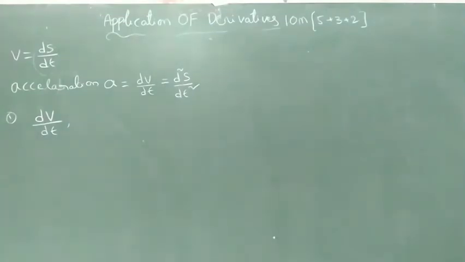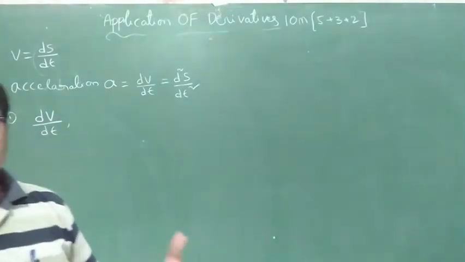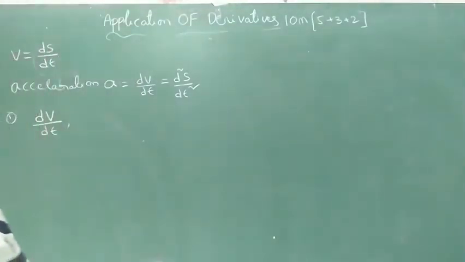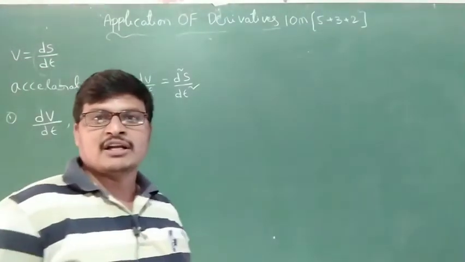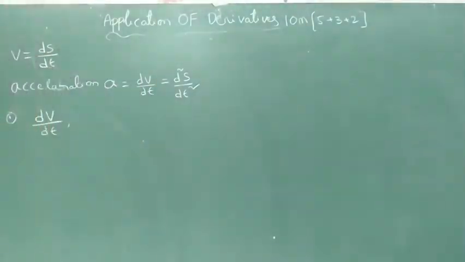In the application of derivatives, here it is with respect to t, unlike derivative with respect to x, because any rate of change depends on time. Any work depends on time: 2 meters per second, 100 meters per second, minute, 1 hour, 20 kilometers per hour. Totally depending on time. That's why with respect to t.